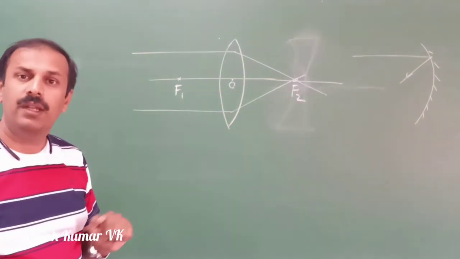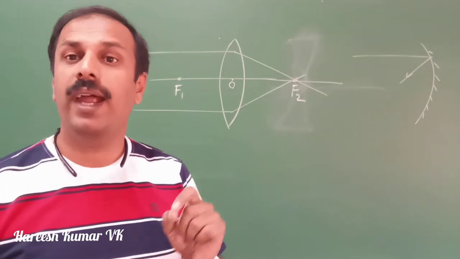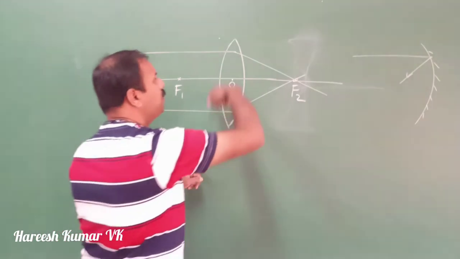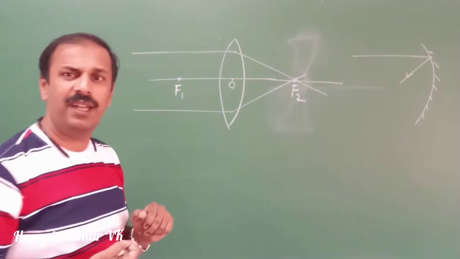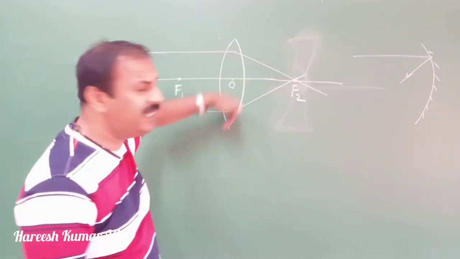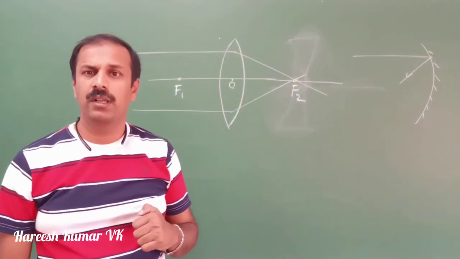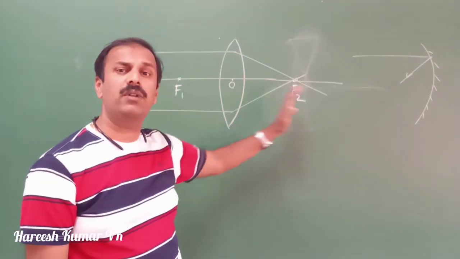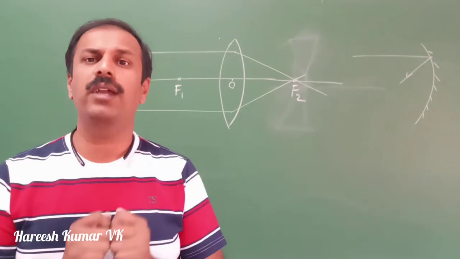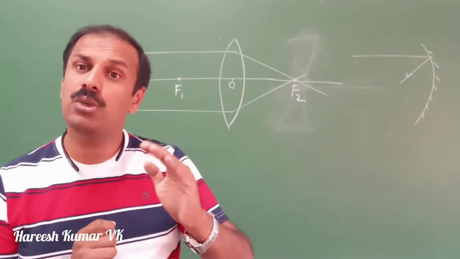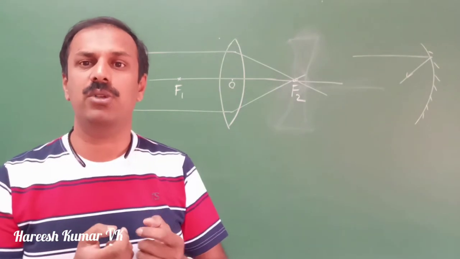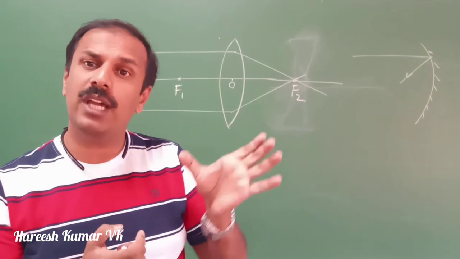F1 is here. Now in the case of mirror, we had C, which is the center of curvature. So if you take it as a sphere, then we had a center of curvature C there. Now here we will not mark C because the curvature of this side and this side can be different in some cases. So there is a chance for different curvature on both sides. But for the center of curvature, the C, one more importance was there. The radius of curvature will be 2 times focal length. So the point C will be 2 times the focal length.